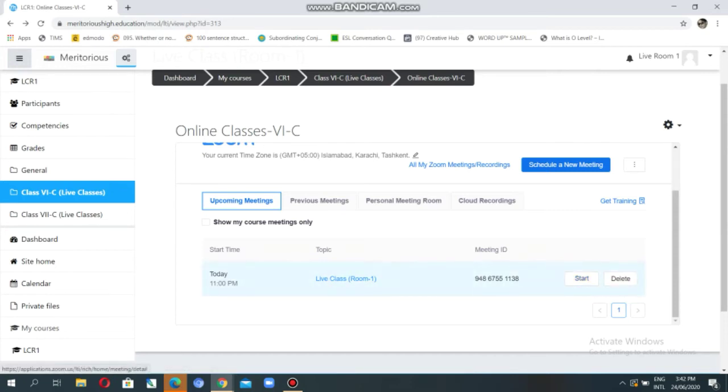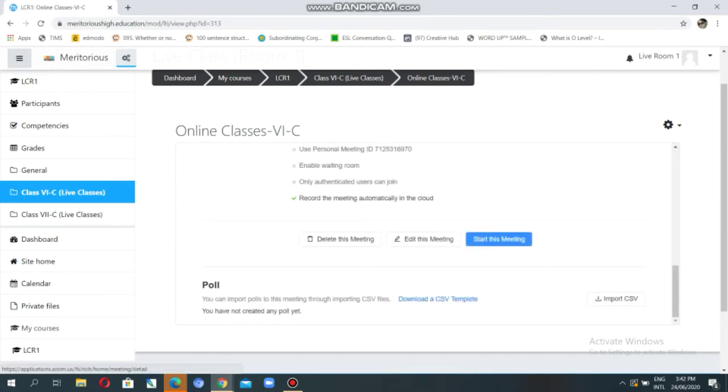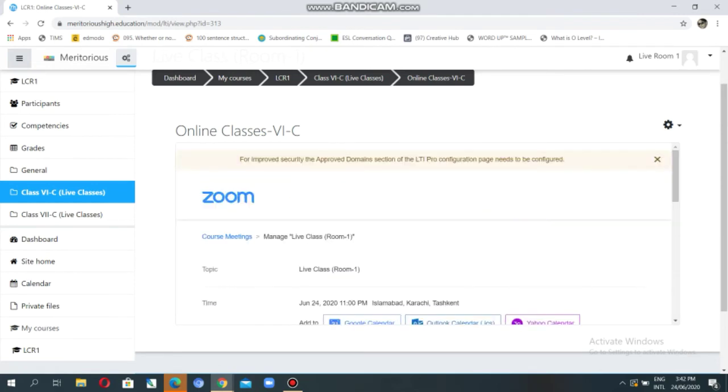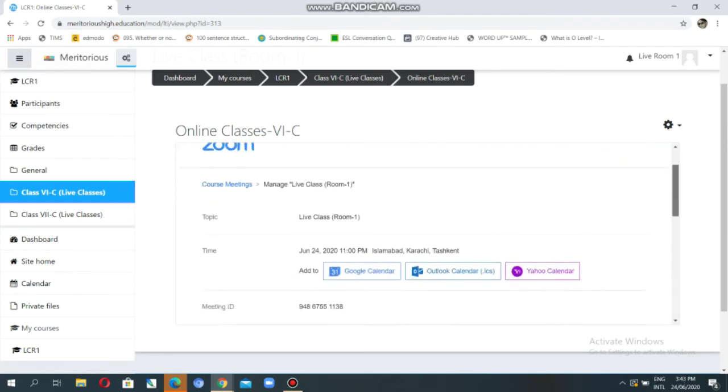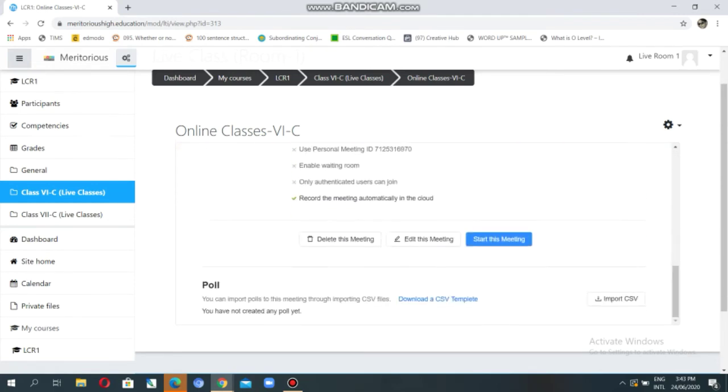Okay. After clicking it, this sort of screen will appear and you just need to scroll it down and the option is at the bottom. Here you can see the format is already given, which is acceptable here. So download this CSV template so you can frame your questions accordingly.